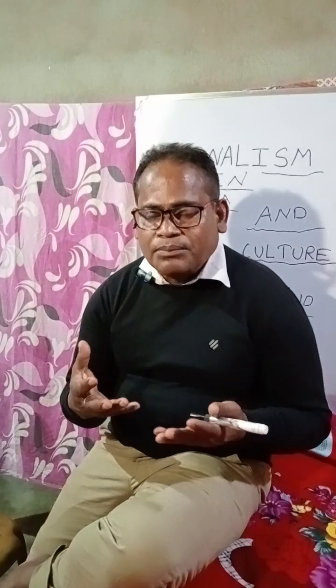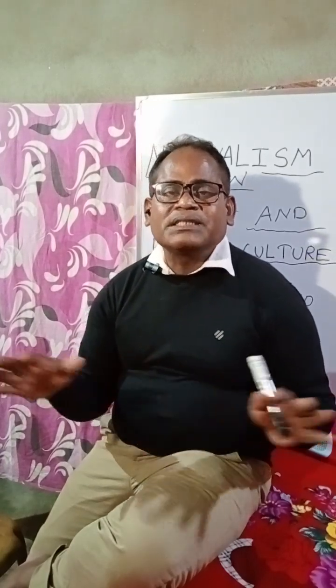Understood? And the rise of nationalism was possible in India only because of the presence of these factors. Factors like active roles by freedom fighters and certain situations. Understood? And the use of the press also. The press also played an important role because it made the people aware about the situation, and it also brought Indians together. Understood? It strengthened India. It united India in its fight against the British rule.